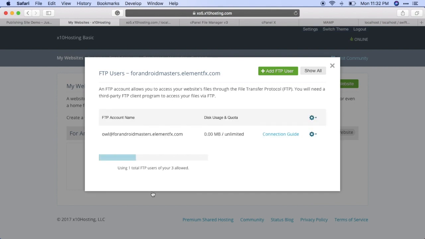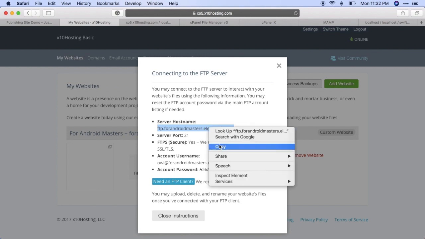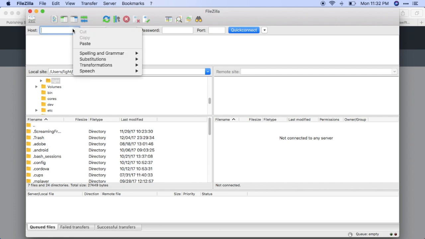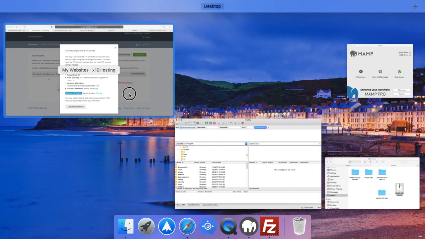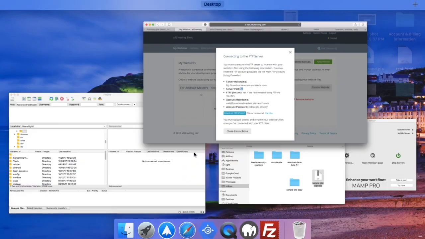And now you should see there a connection guide on how you are going to connect that thing, and you could just go ahead and copy paste this thing. So for instance, here is the host name. I'm just gonna go to Filezilla, paste here the host name, and then for the port, I'm just gonna copy this one,